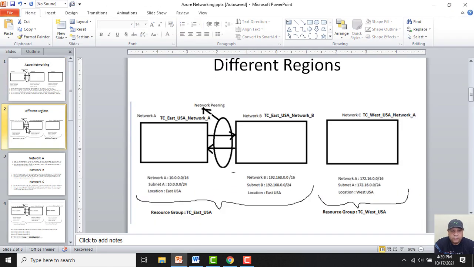We have created network A, network B and network C, and both network A and network B are in resource group TC_East_USA, which has the location East USA. And this network C, we have created this network as well, and the resource group for this network is TC_West_USA, and all the resources will be in West USA.